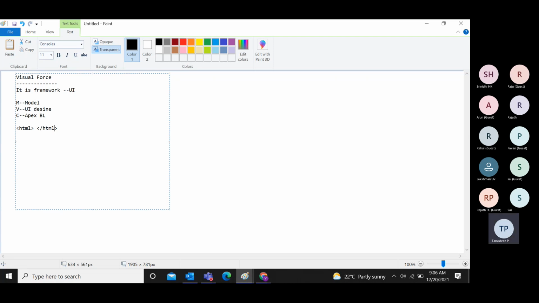Just write down some points. We'll see examples. Which content is there? We have to discuss one by one. Visual Force main heading. Development is kind of second module. Visual Force is a framework. It is a framework that is used